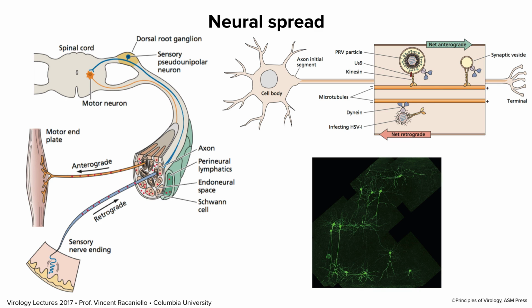And then, of course, there's a dynein motor that brings virus the other way. We talked about this in cells as a way of getting adenovirus towards the nucleus, and then the dynein motor starts to pull it away once it's docked on the nucleus, and it breaks the particle open. So viruses travel in nerves by motor pathways. It is not diffusion. Poliovirus does this as well, herpes viruses and some others.